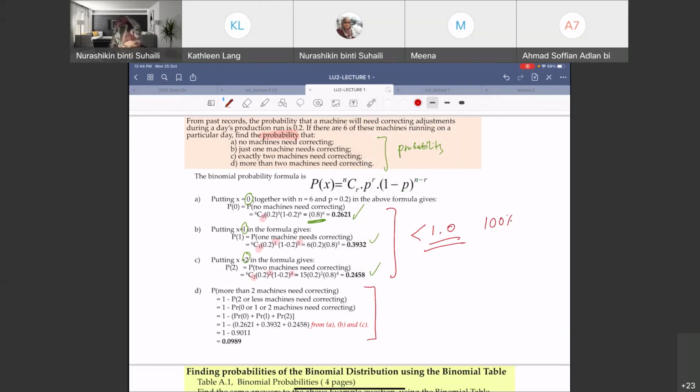Okay, now move to this question. More than 2 machines need correcting. So now we have n is 6. And then you have the probability of r equal to 0, probability r equal to 1, probability r equal to 2, right? Because you have these values: 0.2621, 0.3932, 0.2458. And now you want to know what is the probability of when it is more than 2, which